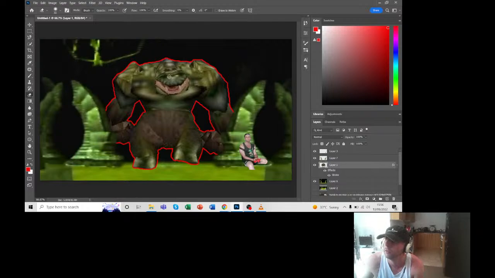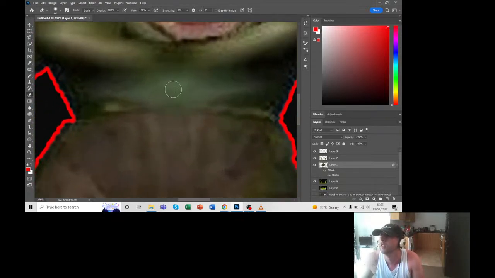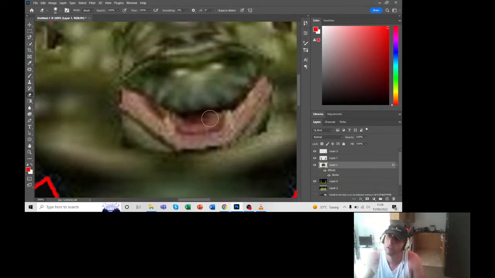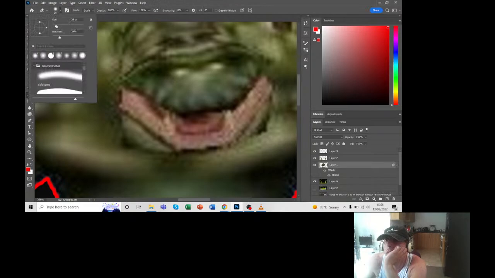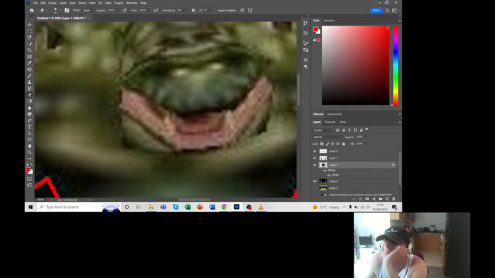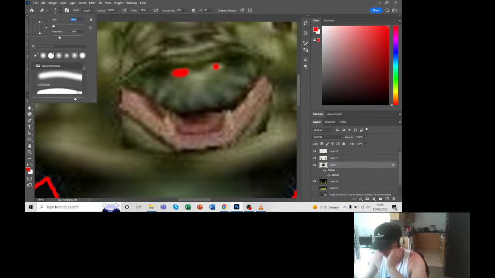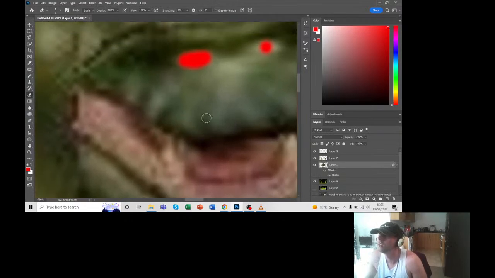But we can also, if we zoom in, this is one of my problems, is that I don't zoom in enough. You see the eyes? I'm gonna use this to make the eyes. So we make it small. We click. You see that? That's because now there's holes there. But I want the whole white of his eye